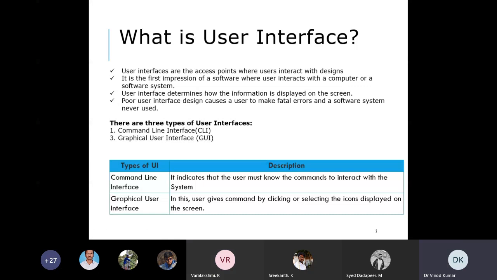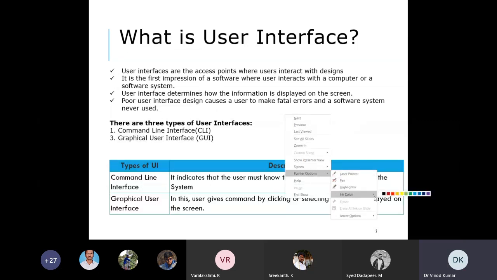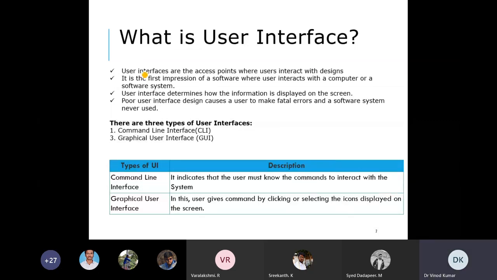User interface is the access point, or communication point, where the user interacts with the designs. It is the first impression of a software, where the user interacts with a computer or a software system. User interface determines how the information is displayed on the screen for the user's interaction with the system.